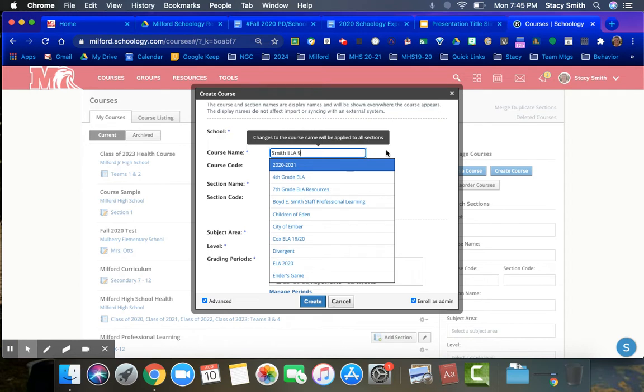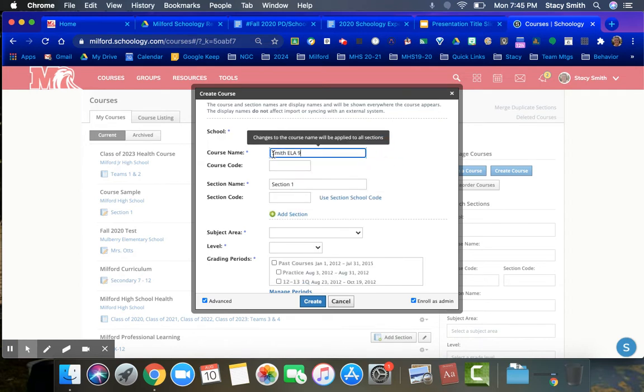You'll see a variety of course formats, but keeping your last name at the beginning helps the students locate the teacher's last name, subject, and then the grade level, of course, of the courses to keep your information organized. You do not need a course code, and now you can set your section names. You can leave these as section 1, 2, 3, 4, and 5, or you can have them be by bell